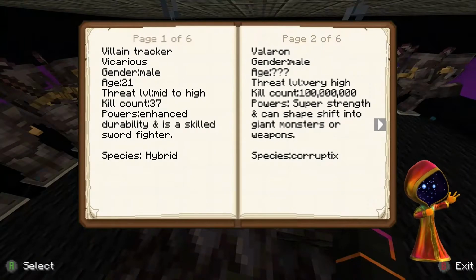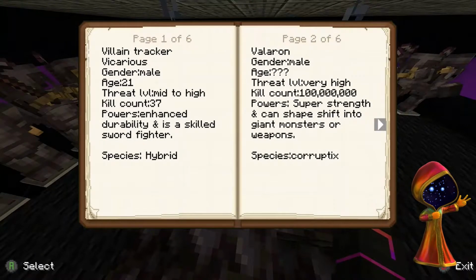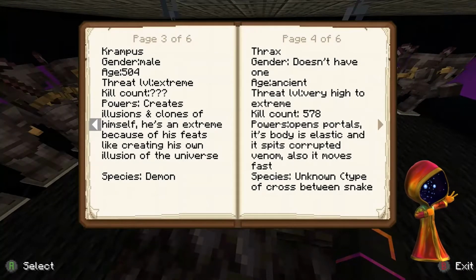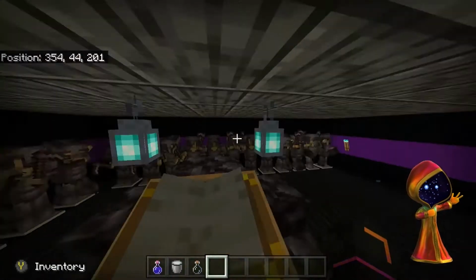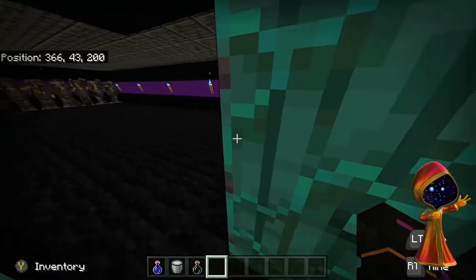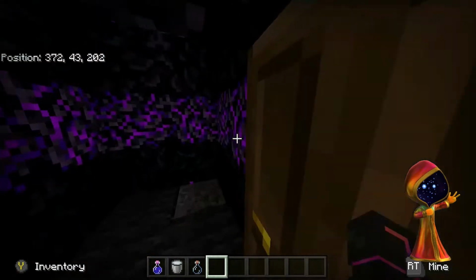Anyway, this is the villain tracker, with all my made-up villains. Some of them aren't made up, some are actually based off of something. Like, you can see Krampus and Thrax. Thrax is a boss in Dauntless, and then Krampus, well, he faces off against monsters. My character, Emma, actually has to deal with a lot more